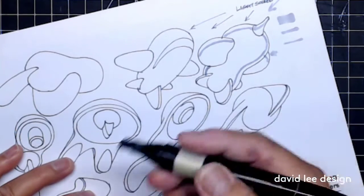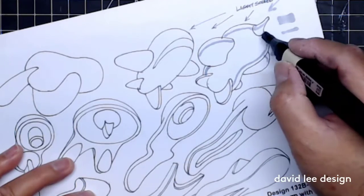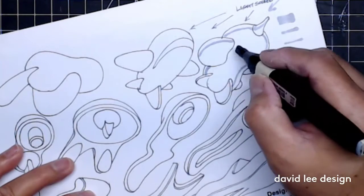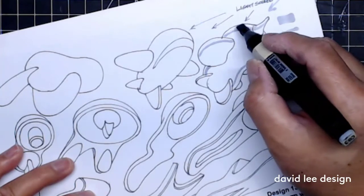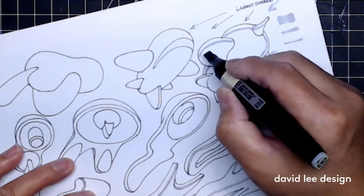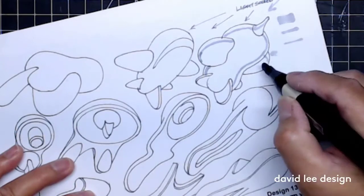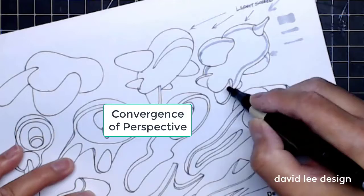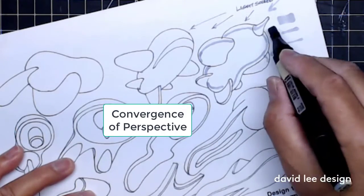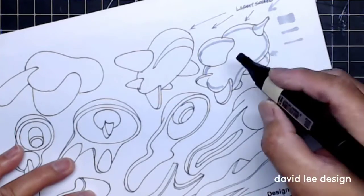And you see how my methodology behind rendering this is that I start to create some sort of a perimeter border. And what that does, it helps me separate out the very brightest surfaces, and also helps define the shape as well. And I always take into account the convergence of perspective. So you'll find that a lot of your lines will start to fade off into the edges as it's trying to wrap around itself. Okay. All right. Now, once I've got the edge light and my light source identified, I'll go back in and